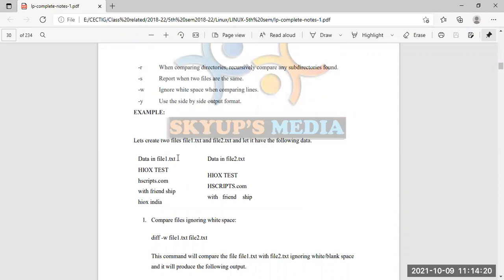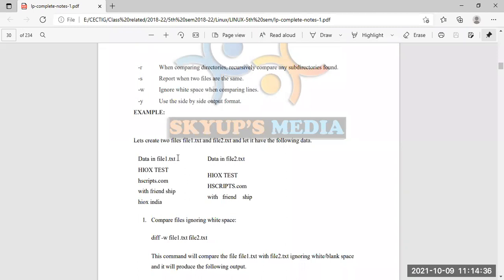To compare the files, first we need to have two files. I'm starting from the basics, thinking that there are no files available, so first we need to create two files.